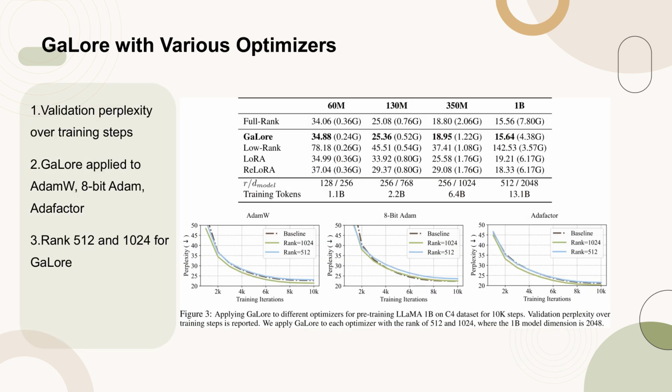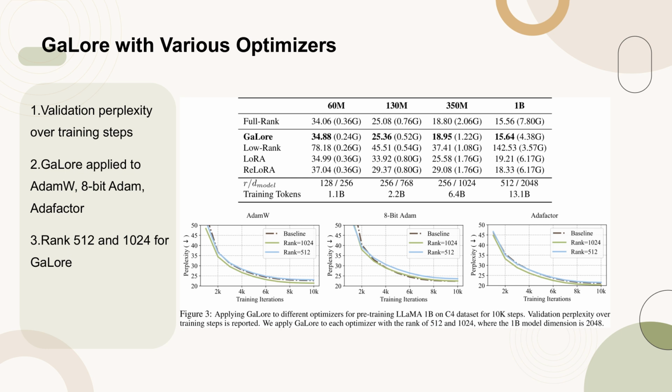Figure 3 illustrates the application of GaLore to different optimizers during the pre-training of a Llama 1B model on the C4 dataset over 10K steps. The graph shows the validation perplexity for each optimizer, with GaLore being applied at ranks 512 and 1024, corresponding to the model's dimension of 2048. This setup allows for a comparative analysis of GaLore's performance across various optimization strategies, highlighting its adaptability and effectiveness in